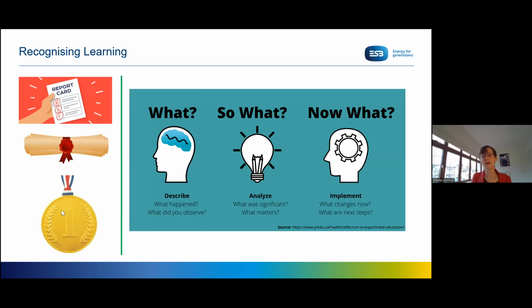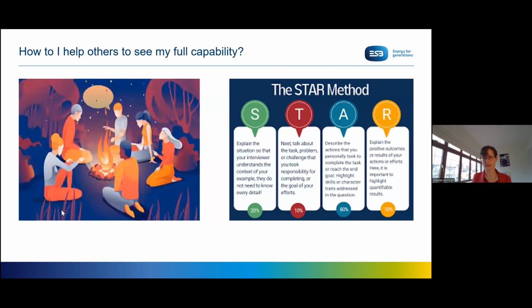And how do you do that? Well, when it comes to your technical skills and qualifications, yes, it's great. You can get your diploma or your report card. When it comes to proficiency in sports, you can get the medals. But when it comes to these transversal skills, what I've learned over my many years is that the way you know you've got them is by reflecting on what you've done and looking at where they're at, and then being able to tell the stories that actually enable people to see that, yes, indeed, you have them.